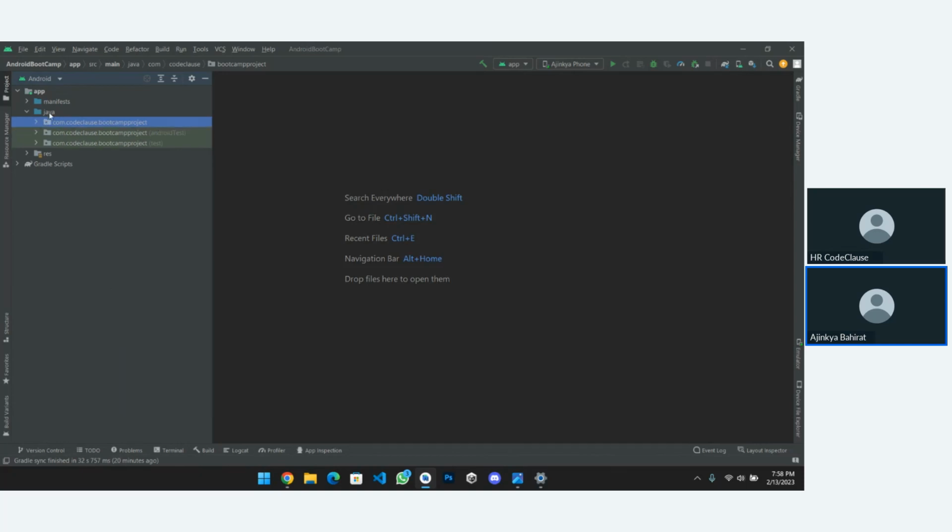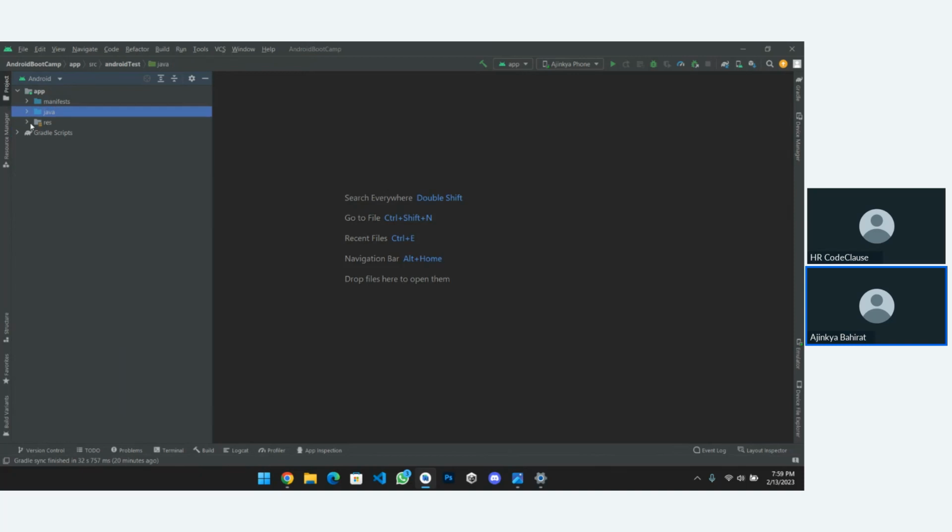Under our package, java contains the backend files, the Java code. MainActivity is a Java file. This Java file, the actual code for how and what our application is going to do, is written in Java. So our Java files will be listed over here.